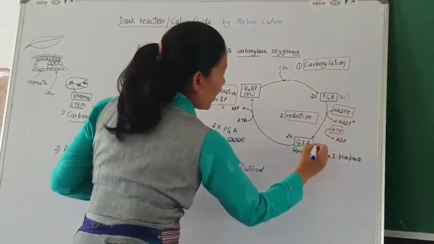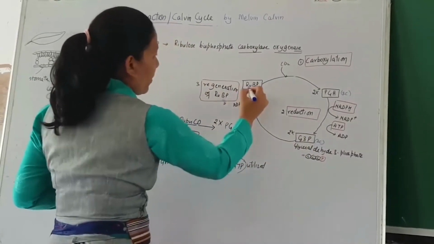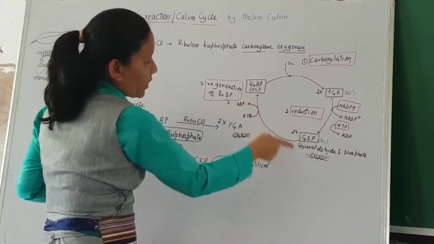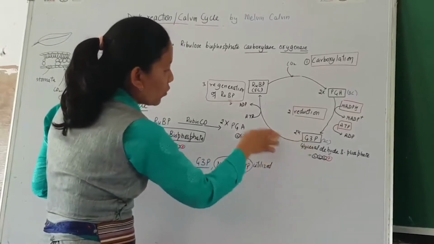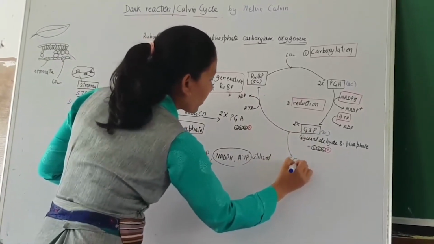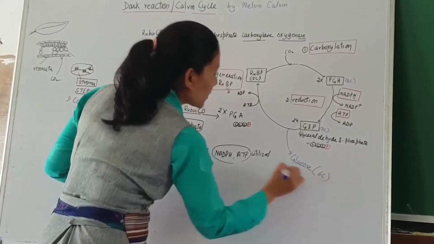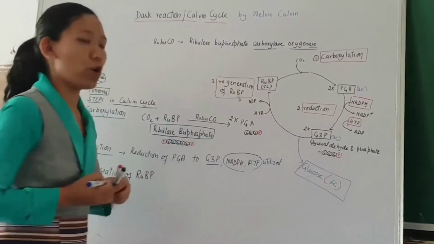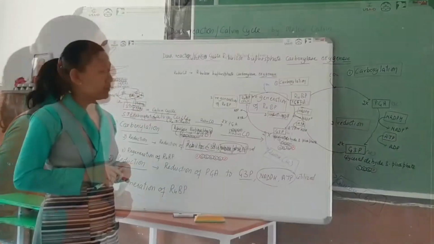3-carbon compound, and here again it's a 3-carbon compound, and back to here, RuBP is a 5-carbon compound. So how is it possible to get a 5-carbon compound back from here, and at the same time this G3P will also lead to the formation of glucose, which has 6 carbon. So this is one of the main products or results of photosynthesis. Okay, so how is it possible, you may ask?